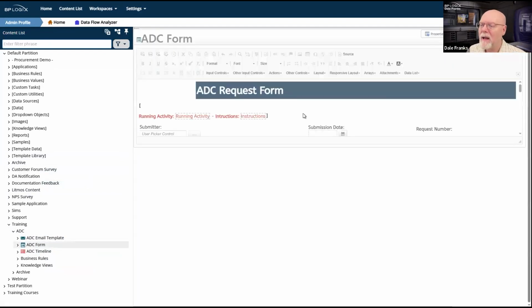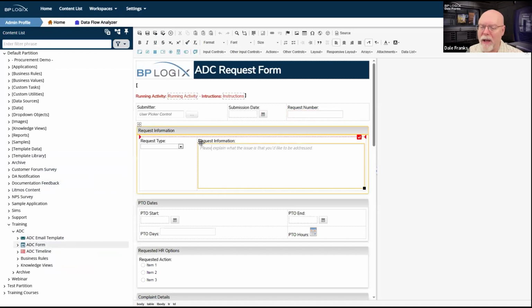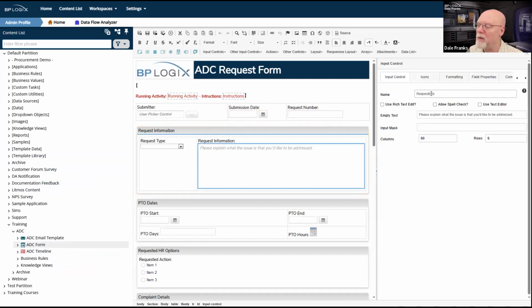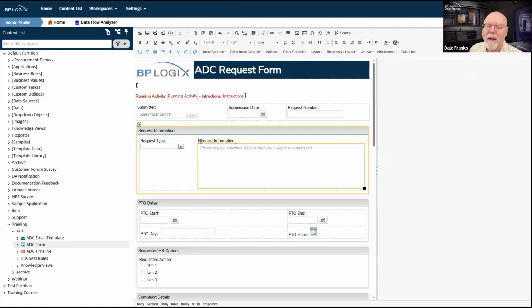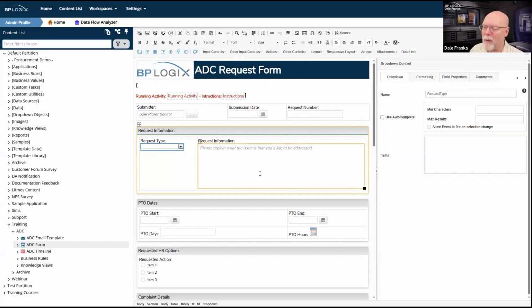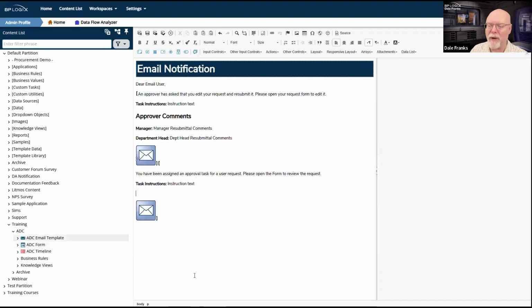And I might want to have the request info that I give to my end users, which I'm actually calling request info. And I've also got request type. Now, request type is a dropdown, and I have different values for the display text and the value. I think I'm going to want to show this in the email template. So let's use these two system variables. I've got request type and I've already copied request info, so I'll keep that.